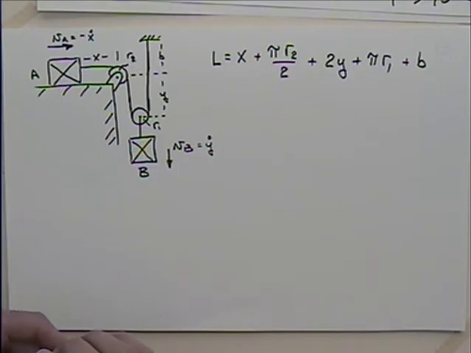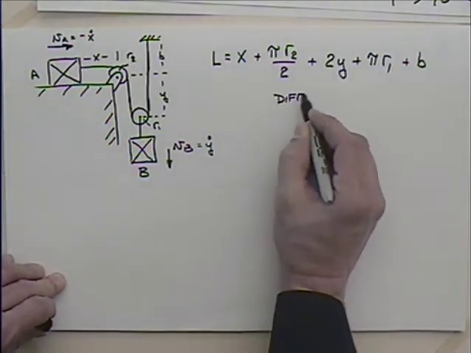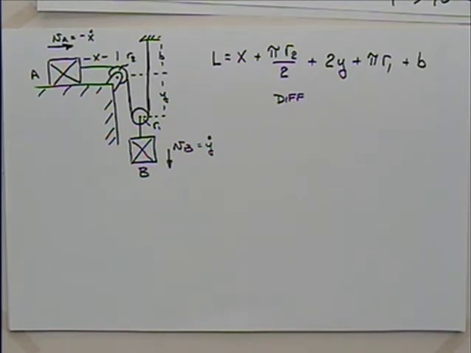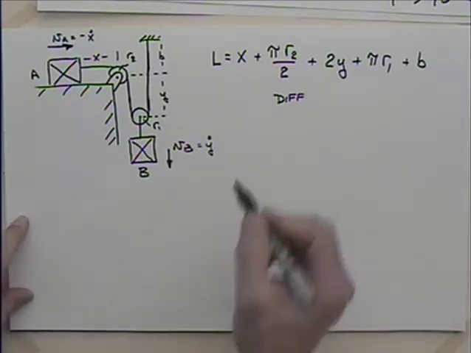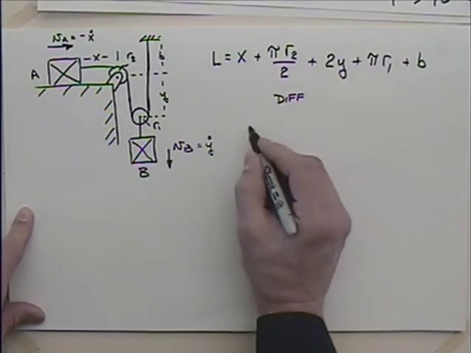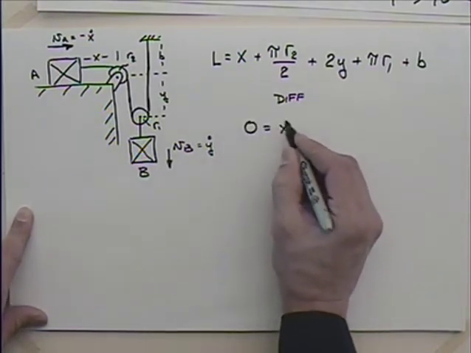And what I'm going to do is I'm going to differentiate this thing. And when I differentiate this thing, the length of that rope or cable is going to be constant. We're not yet dealing with something that stretches, or we're going to say that it doesn't stretch appreciably, which is fairly real life. If you get a properly sized cable, it may only, or certainly a chain's not going to stretch very much in relationship to the other dimensions. So the length would be constant, so I'd come up with 0 is equal to x dot